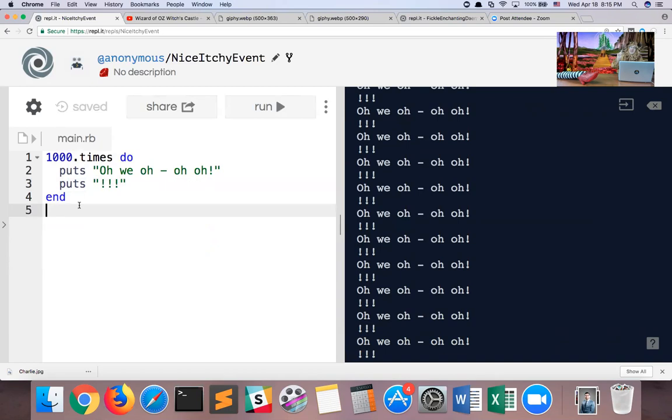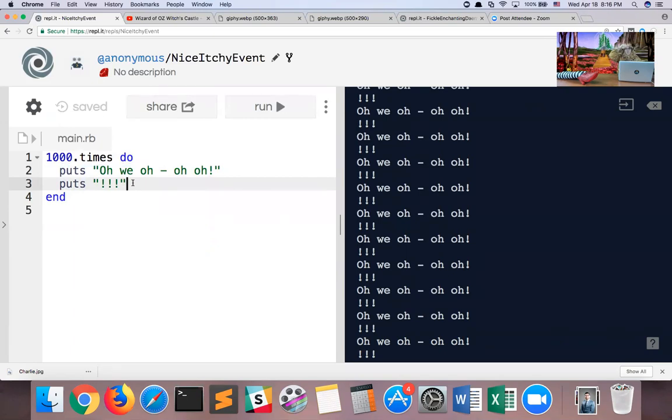This is the biggest exception to the big principle I said at the beginning of the webinar. If you'll recall, at the beginning of the webinar, I said the way Ruby processes code is 1 line at a time from top to bottom. It's an exception, but it's not an exception. So yes, Ruby starts at line 1, then moves down to line 2, then down to line 3. But when it hits the end, it jumps back up again. And we start back up and run line 2 and 3 again. And then we skip back up. It's not skipping, it's like reversing. It's going back up to line 2. We run 2, 3. And back to 2, 2, 3, 2, 3, 2, 3.